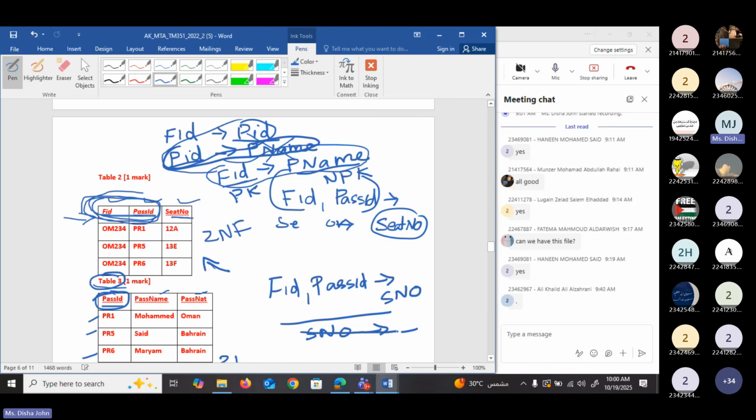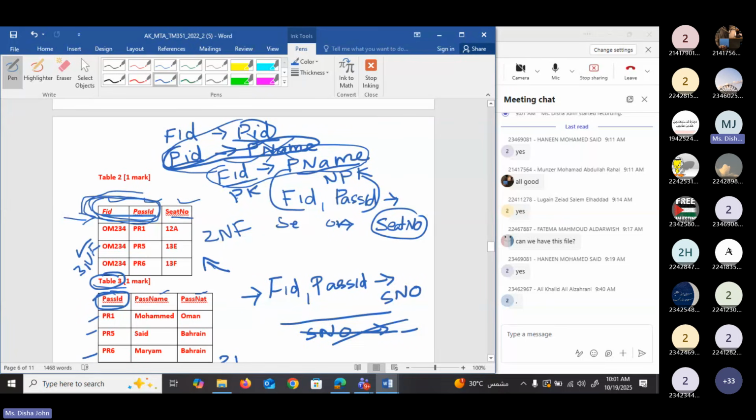But I cannot make this dependency here in this table because in this table I can write only this one. We can create only one dependency, so we cannot make a transitive dependency. And if you cannot make a transitive dependency, I can say that this table is in third normal form. Clear?